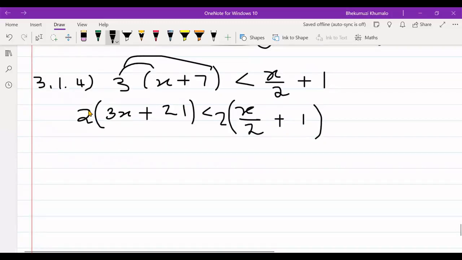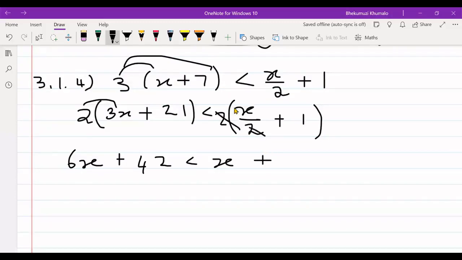So now we actually have 2 times 3x, and that is 6x. 2 times 21, that would be 42, that is less than x, plus, because 2 times that is just x, and then 2 times 1 would be 2. So there we have our inequality in linear form. Now we need to just simplify. So now this would be 6